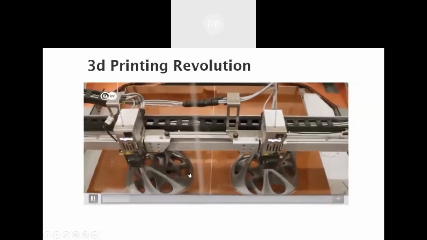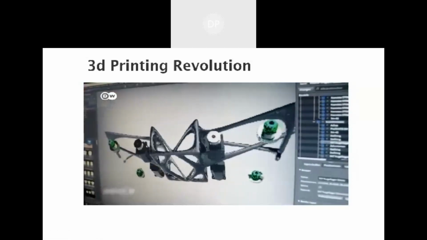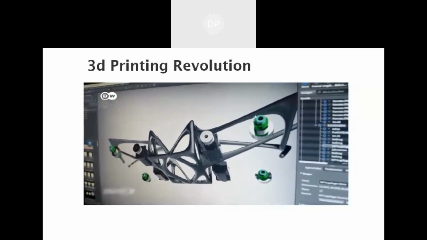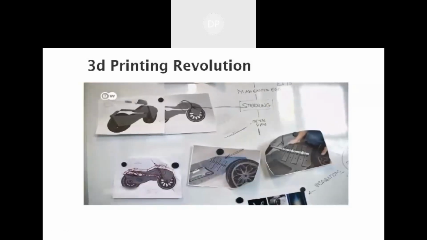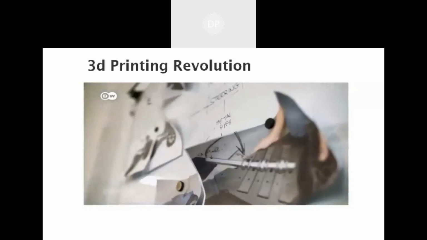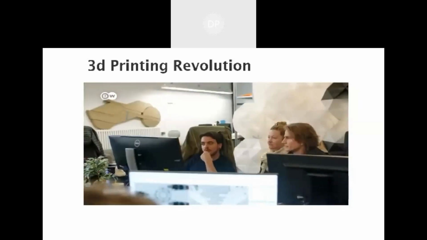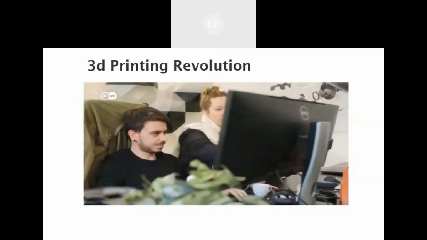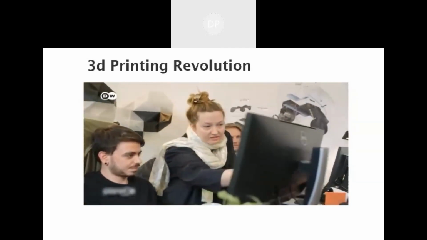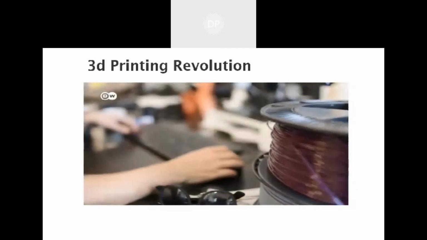It builds up objects instead of carving them out of a block. 3D printing is based on computer models. They could be scans of spare parts or entirely new products like this electric motorcycle. Here, the BigRep team is building a prototype of the motorcycle that's to go on display 2 weeks later at the Formnext trade fair in Frankfurt.